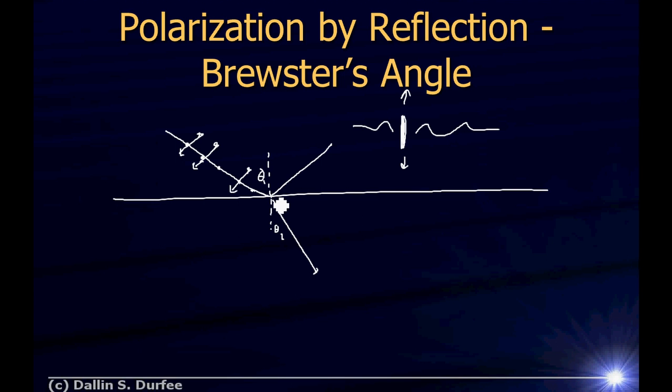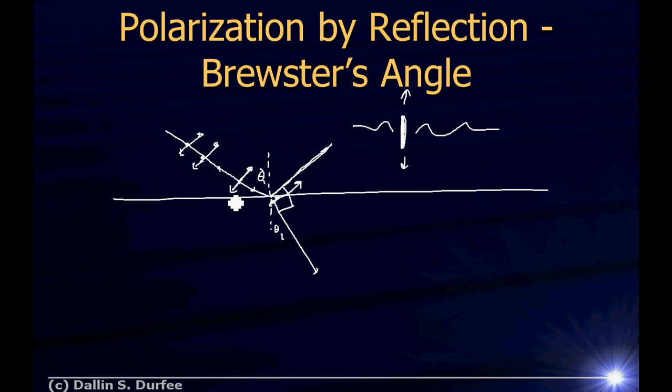So you can kind of imagine this reflection right here. It happens because just inside the surface here, the electrons in the medium are being made to wiggle, and then they re-emit this wave coming out here. But if the electrons are wiggling in exactly that direction, they can't emit light that way. There's no component of this oscillation which is transverse to this. So if the angle between the refracted ray and the reflected ray is 90 degrees, this polarization can't reflect. The other polarization can, though. But this polarization will not reflect.